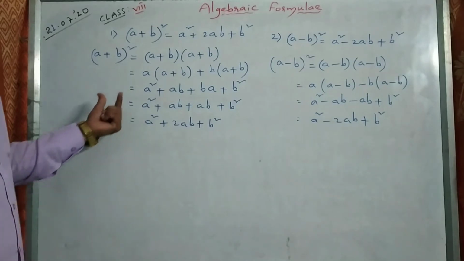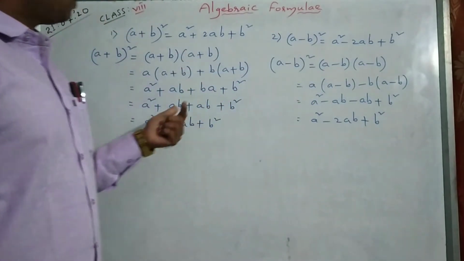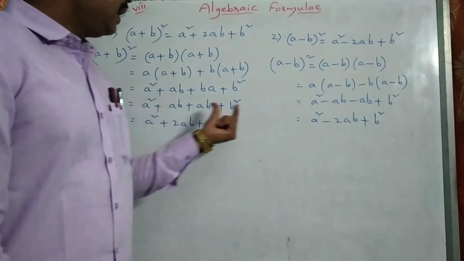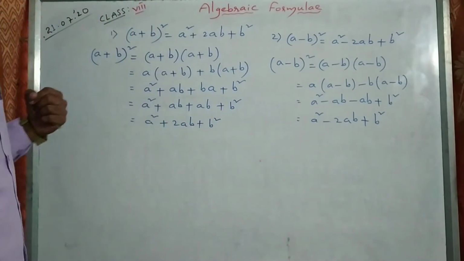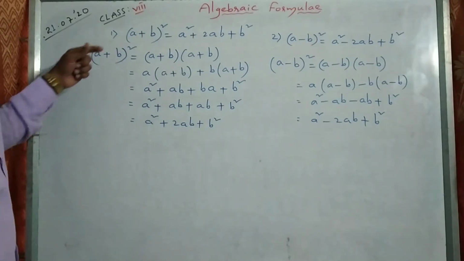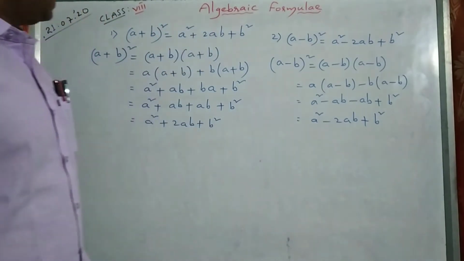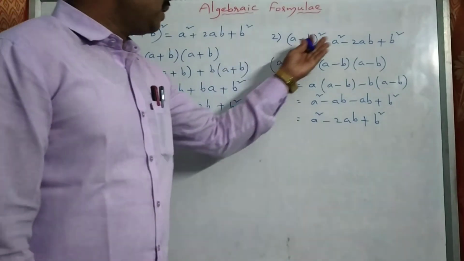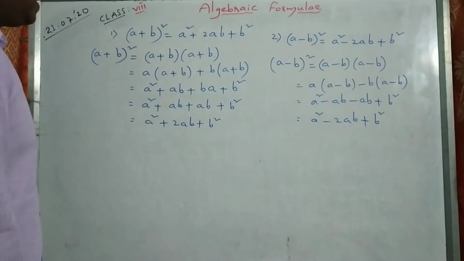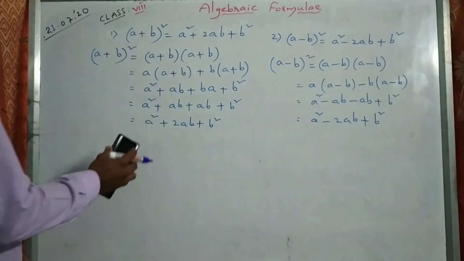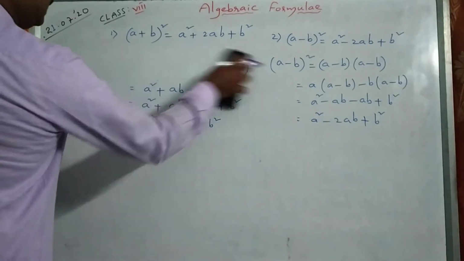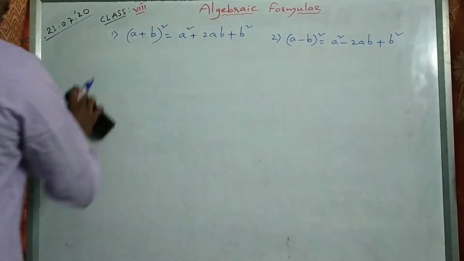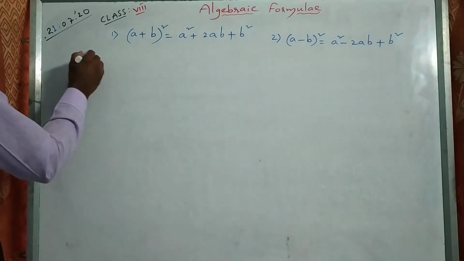Okay? By using this formula we can find the square of real numbers, any number. Okay? I will tell you later the problems. First remember the formulas. (a plus b) whole square equal to a square plus 2ab plus b square. (a minus b) whole square equal to a square minus 2ab plus b square. Okay? See this. That is first one and second one. Third one you see once.